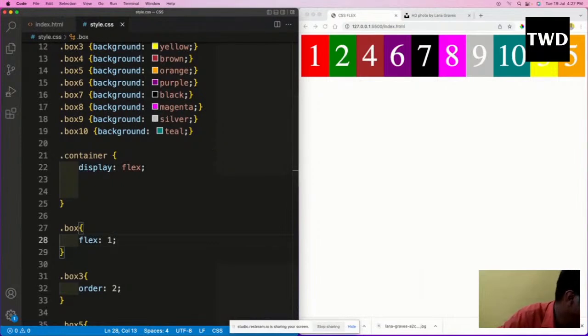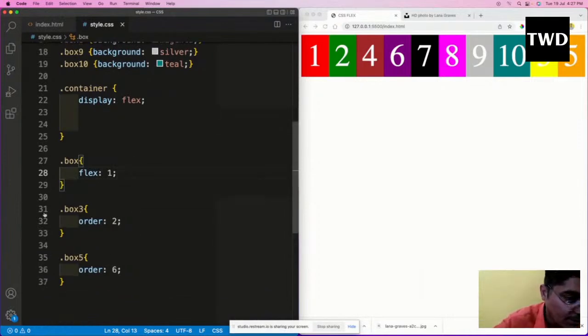Now moving on to the next important property in CSS Flexbox, which is called alignment and centering. What is this alignment and centering? As the name suggests, alignment means aligning things, placing things. Centering means centering the things, placing the things in the center. So for these things to happen,